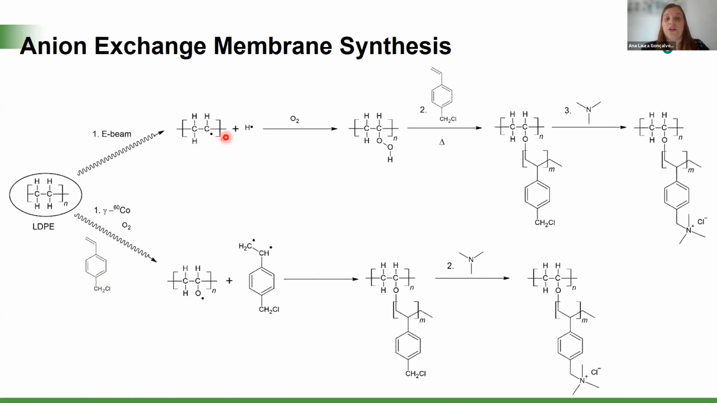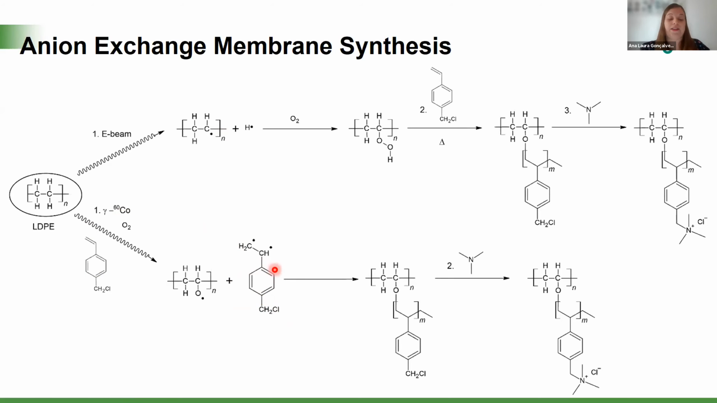Basically, we use a commercially available film as a polymeric matrix. In this case, we use low-density polyethylene, the LDPE, and we irradiate this film. So we have radicals formed on it, and then we are able to functionalize this film. In the simultaneous method, the polymeric matrix and the monomer, this molecule here, which we call VBC,